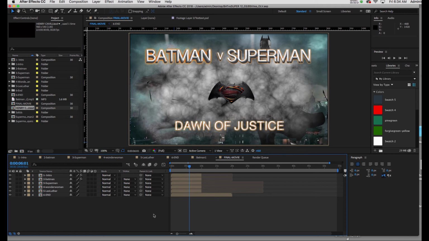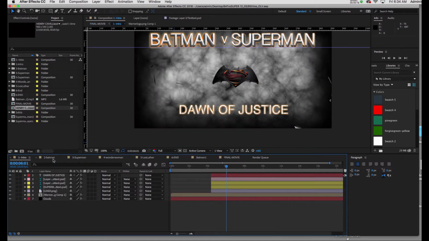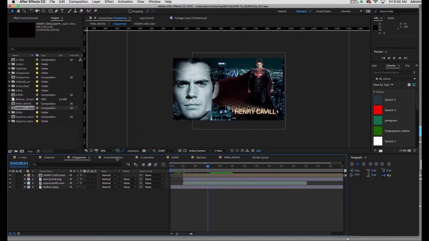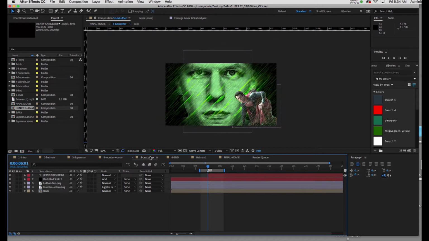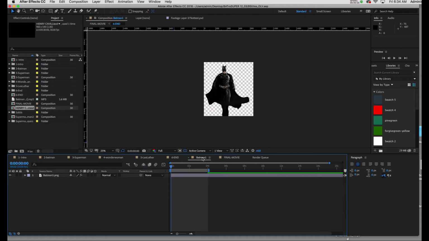In this tutorial, we're going to composite our final Batman vs. Superman titles sequence movie. Now I've gone in and I've created a new composition called Final Movie. Prior to that, I lined up and numbered all the sequences which will comprise our final movie. So I've gone in and I've dragged them in order in my composition window below,